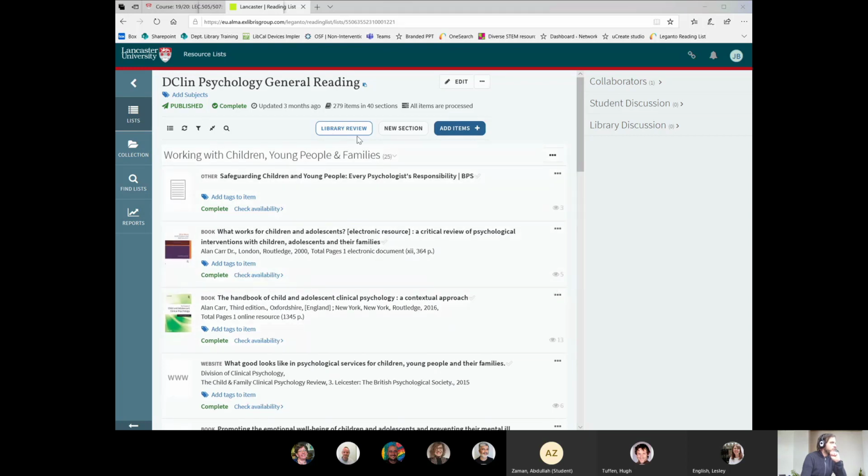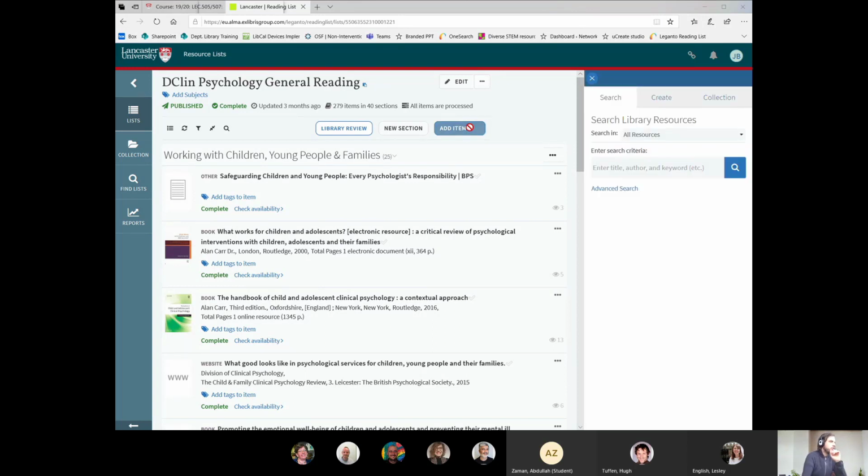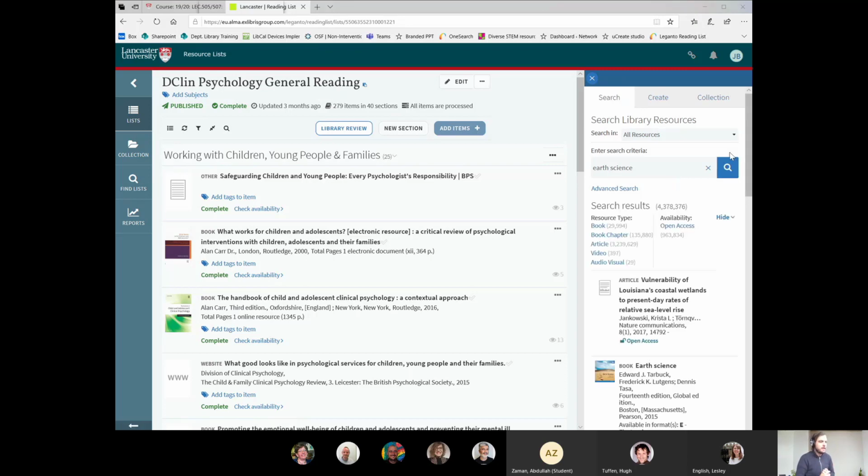As you'll see here, you get some options. As I said, the easiest thing to do is the Add Items button. So that's what you want to do. And what you can do is just put any book in there. For instance, if I put in something good. The best thing about this is it actually searches through the library's resources. So it will pull off one search rather than you having to put anything in yourself.